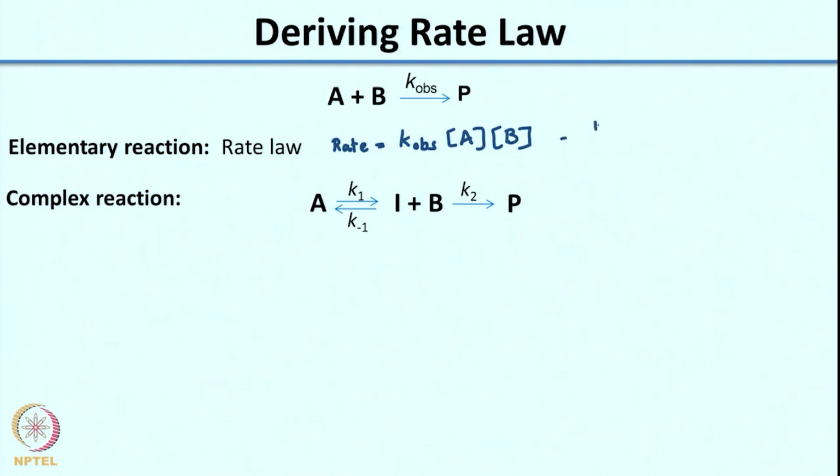So, this would be of overall order 2, where it is first order in A and first order in B. Now, in this case, since it is an elementary reaction, the molecularity of the reaction is also 2, it is a bimolecular elementary reaction. So, again I want to emphasize that molecularity term is only used when you talk about elementary reaction,